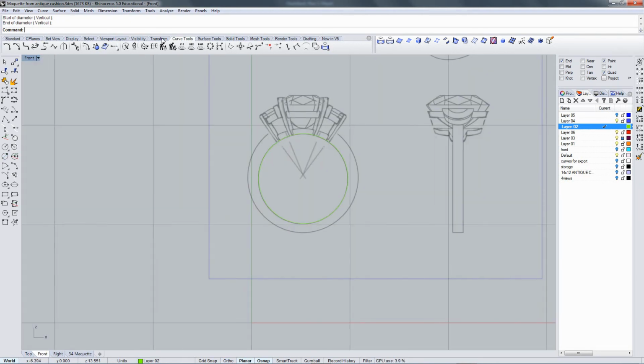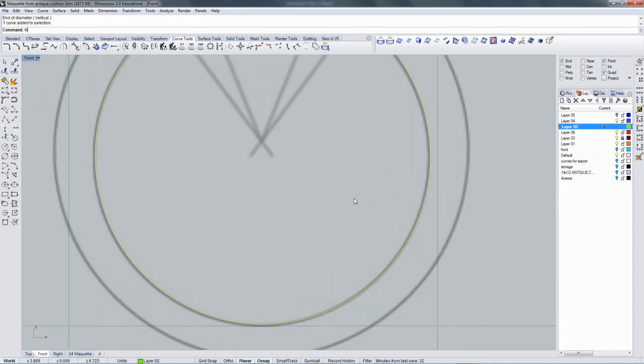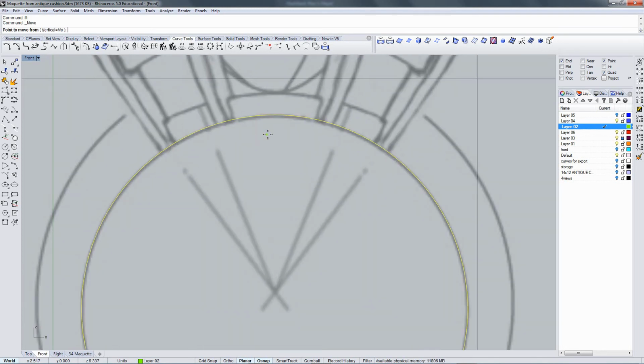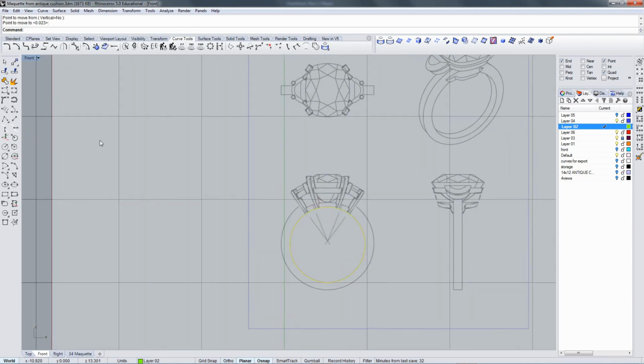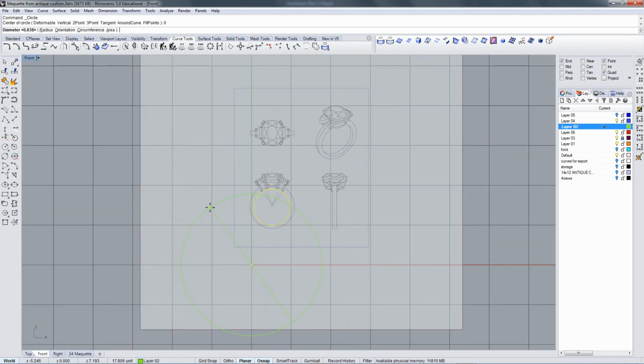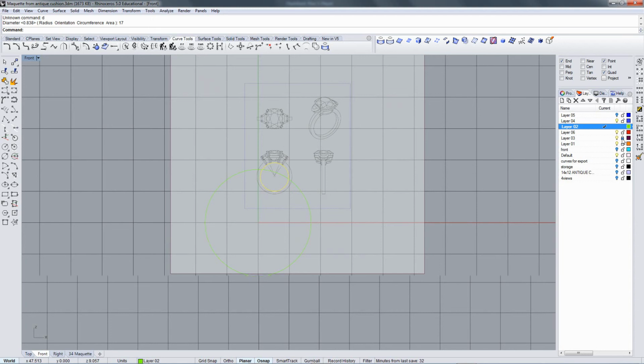Going to make another. Actually, I'll move this into position. Move it straight over, holding Shift key. Move it straight down, once again holding Shift key. Good enough. Going to put another circle in the viewport around 0, and I'll make that 17 millimeters. And now that I have that,